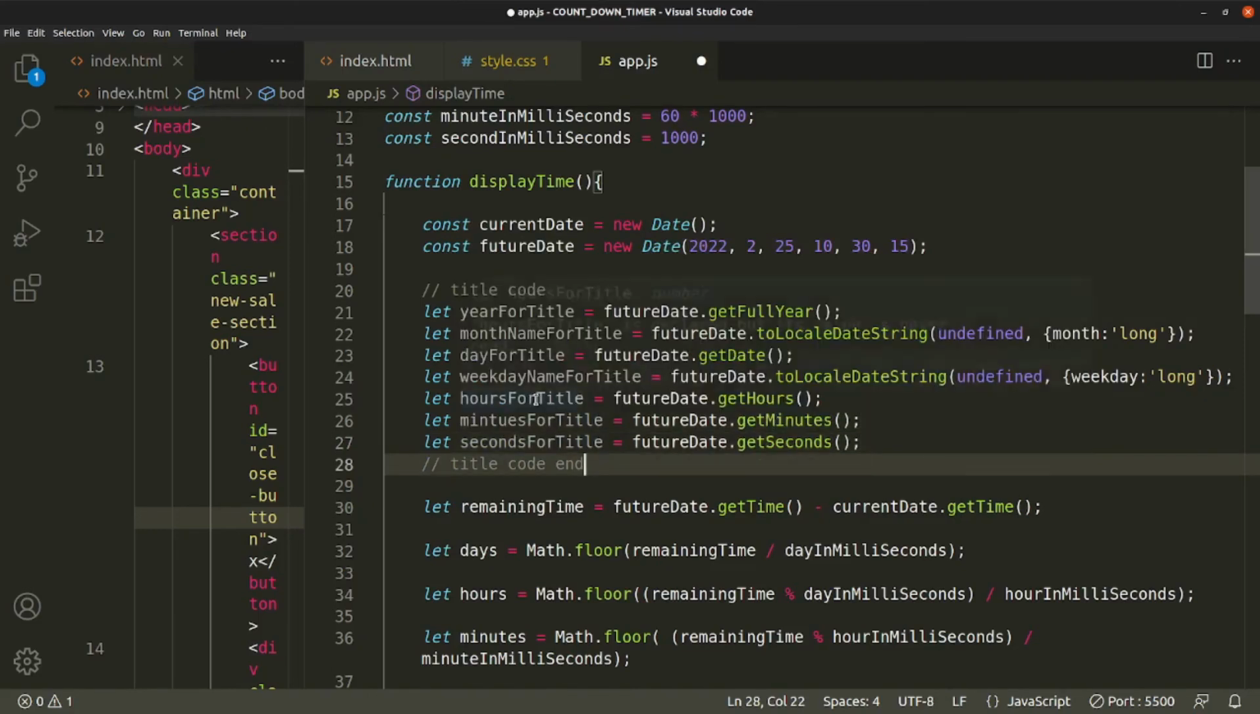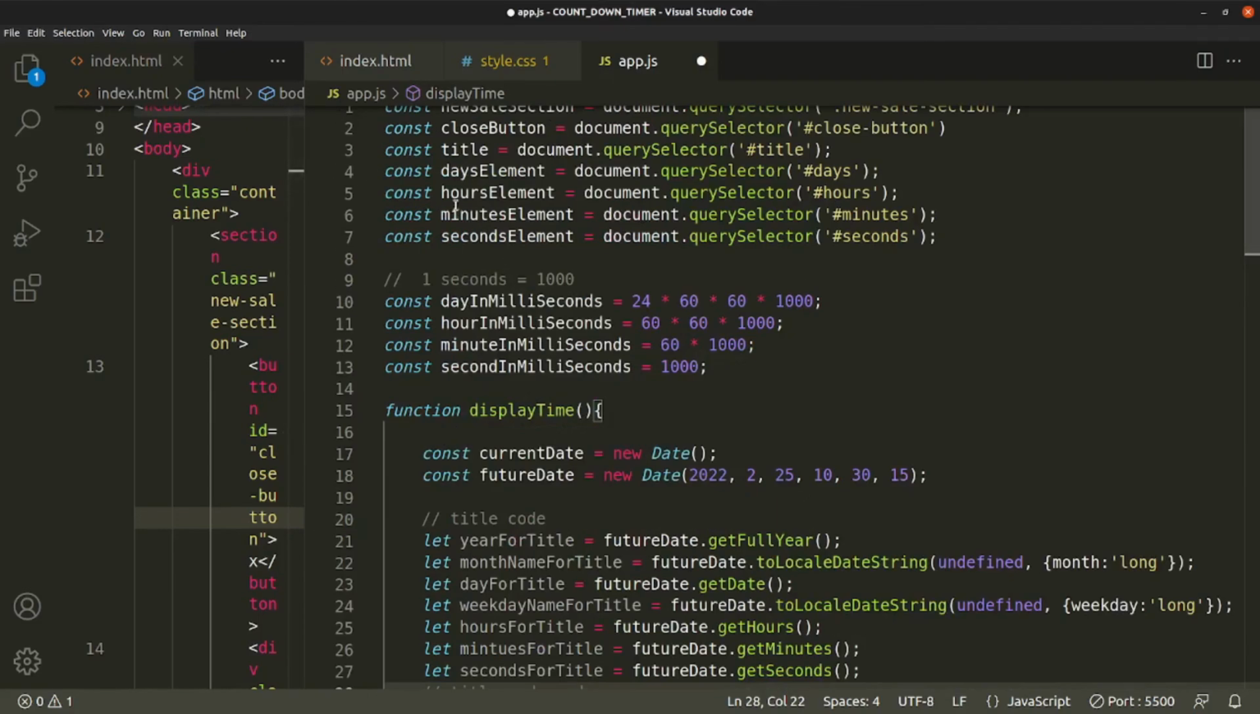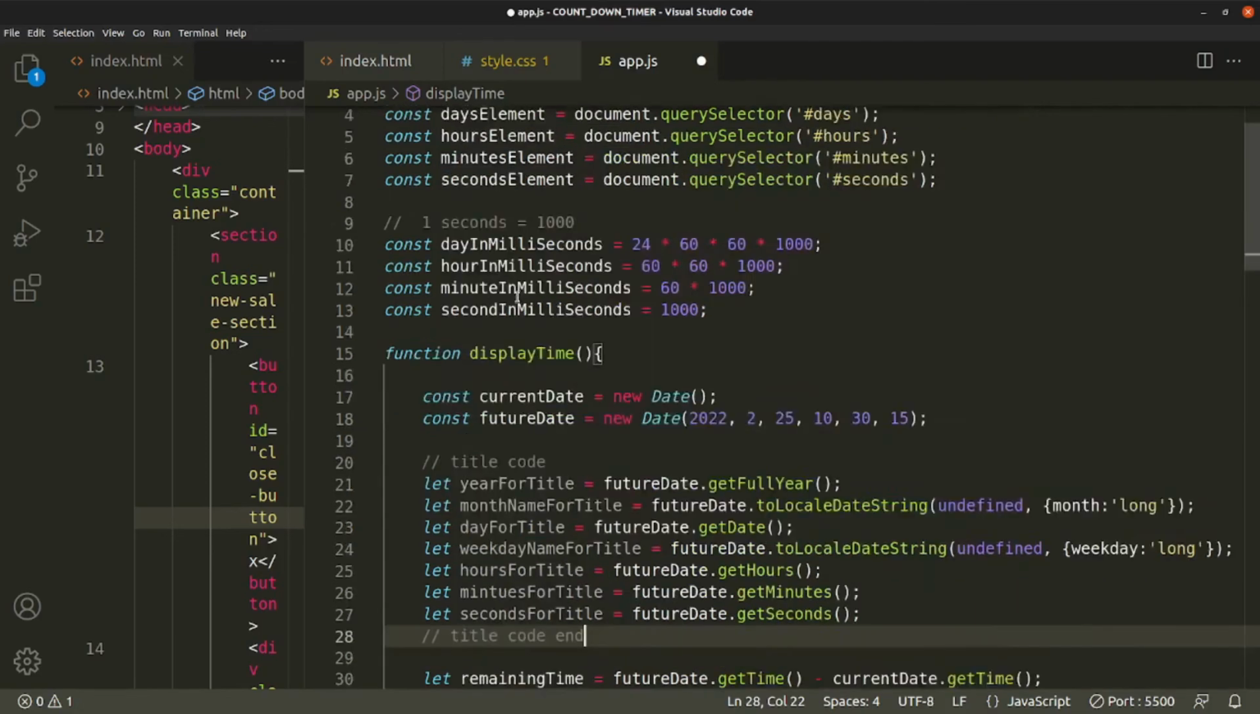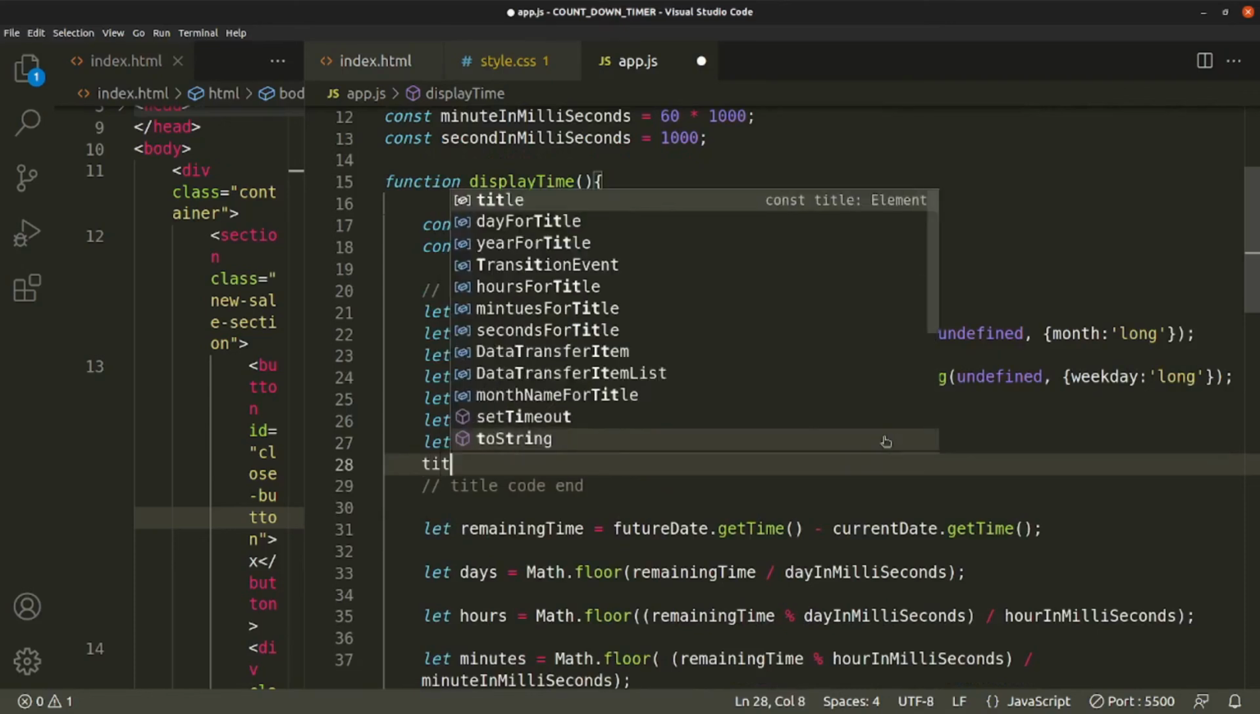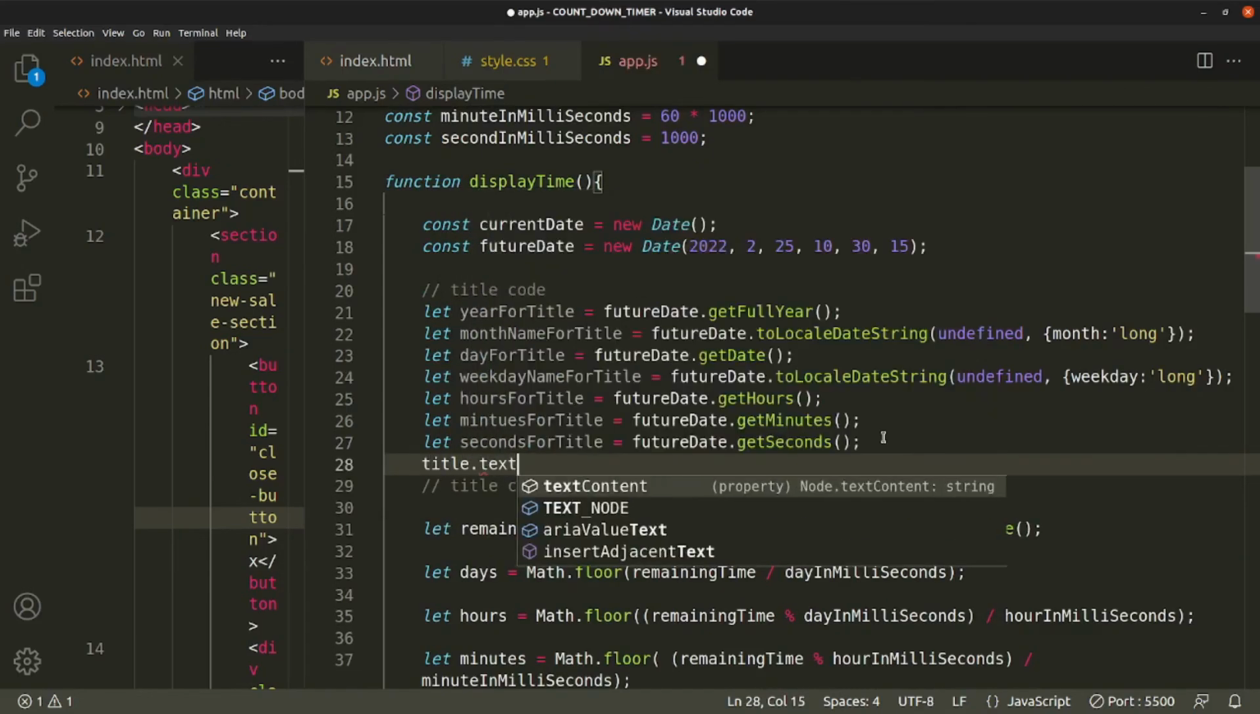Now where is our title? Here we accessed it. You can see this is a paragraph. We gave a name. See, this is a p tag, that means paragraph. We gave the name title. Okay. title.textContent